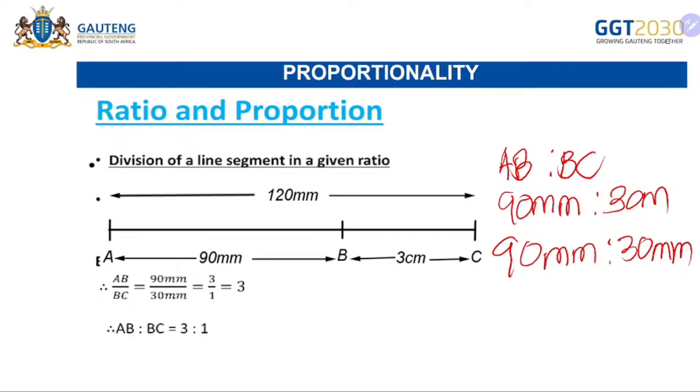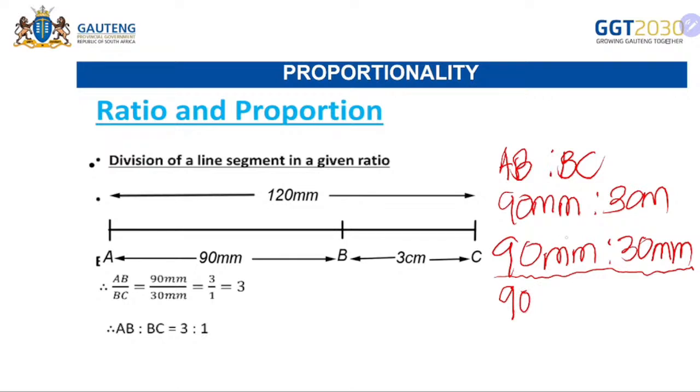As you can see, on the left of your screen, our AB over BC, the ratio is given as a fraction, and I'm writing it in ratio form, which is the one that we are used to. Something to something, AB to BC. So I've written 90 millimeters to 30 millimeters. From there, you find the highest common factor to help us do the division. So the highest common factor of